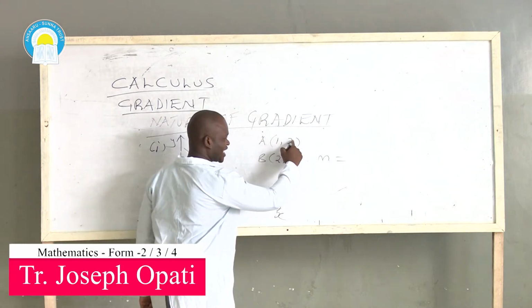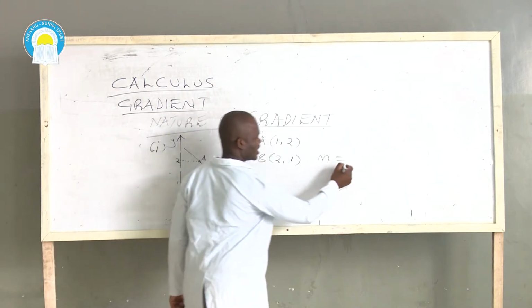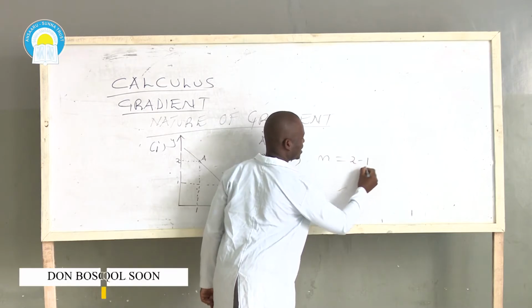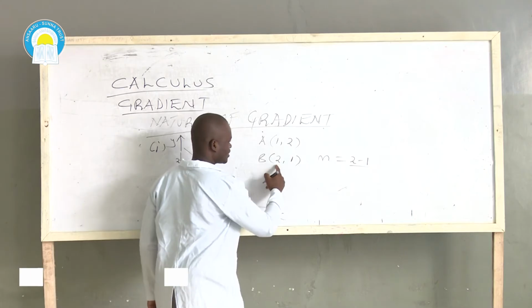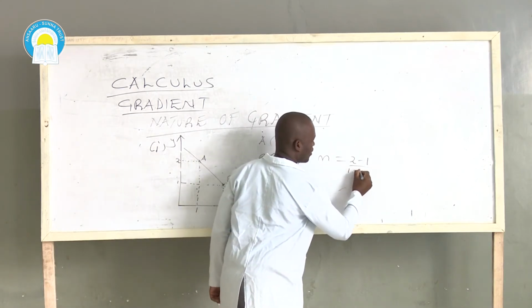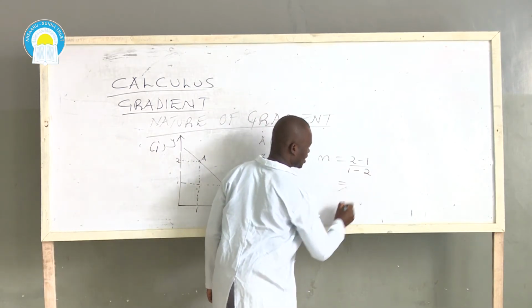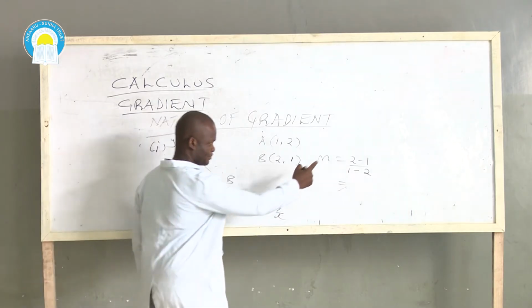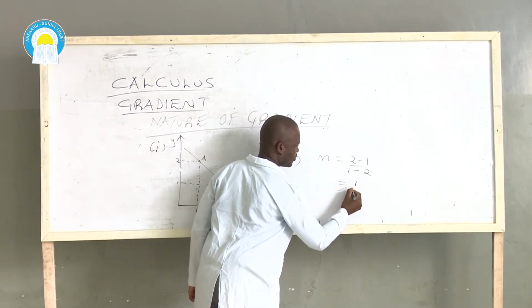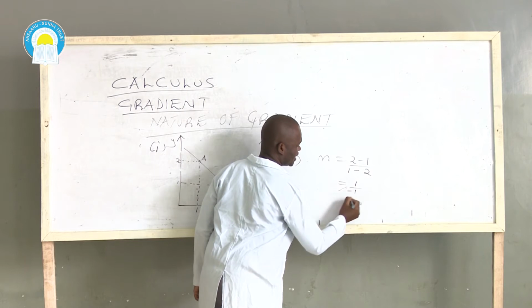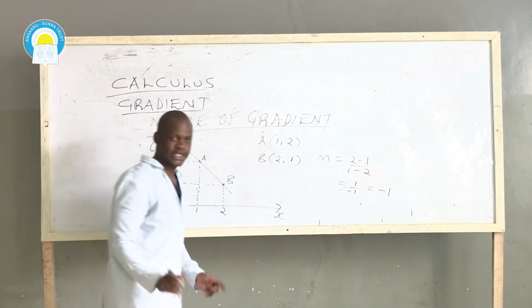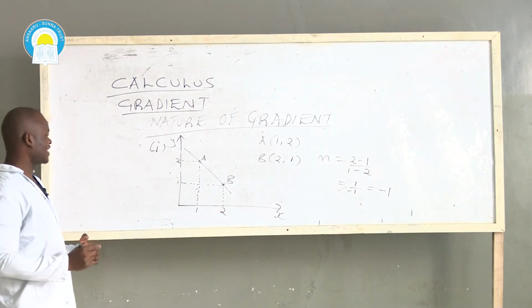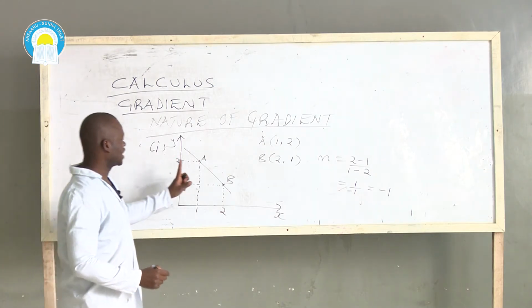Change in y is given by 2 minus 1, change in x is given by 1 minus 2. Now, what do we get at the end? We get 1 from the numerator and negative 1 from the denominator. Overall, we have negative 1 as our gradient,